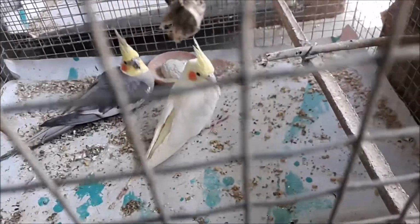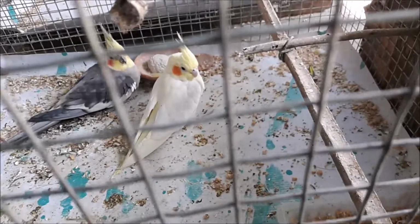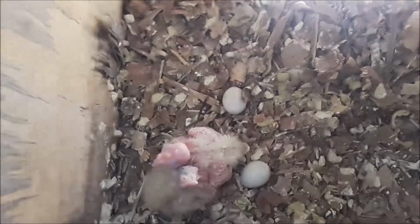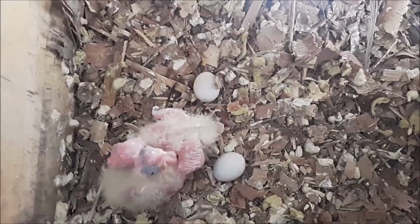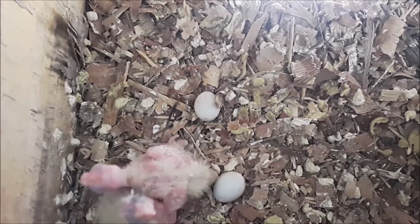And she laid 9 eggs, out of which 2 eggs have hatched, and there are 2 chicks. I'll show you the 2 chicks of the pair. As you can see, there are 2 chicks and 2 eggs left,